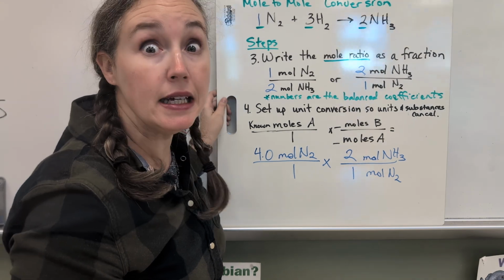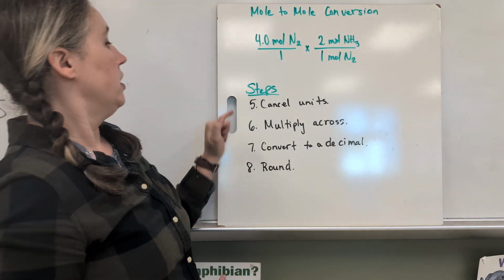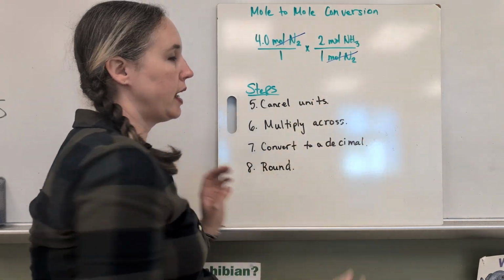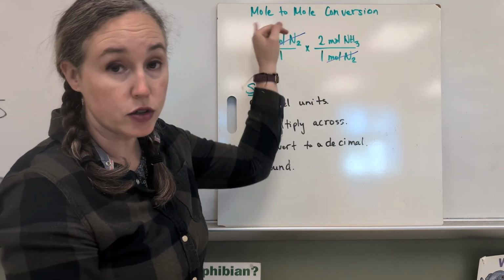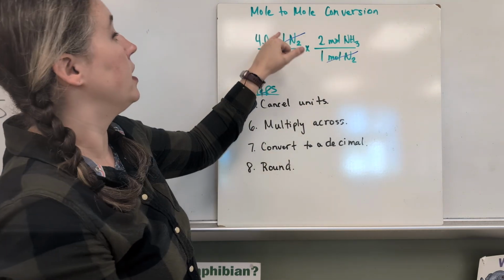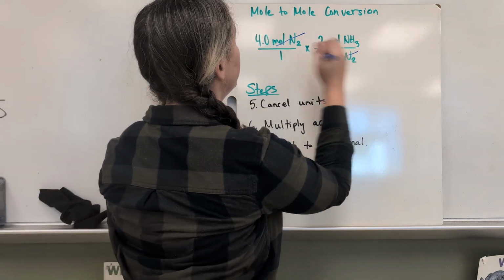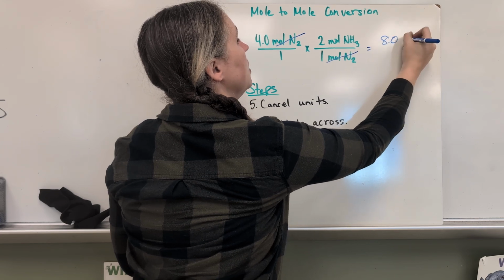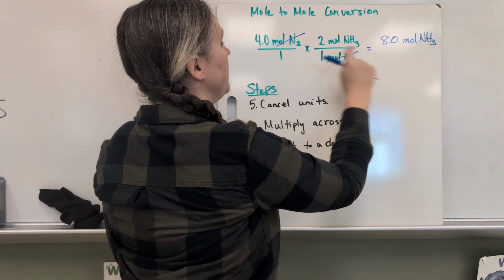And now for the easy part. You're going to cancel your units, right? Moles of N2 and moles of N2 cancel. That's how you know you've set it up correctly. If those don't match, they won't cancel, and you might need to switch. But moles of N2 cancel. Now you're going to multiply across your numerators. 4.0 times 2 equals 8.0 moles of NH3. And then divided by